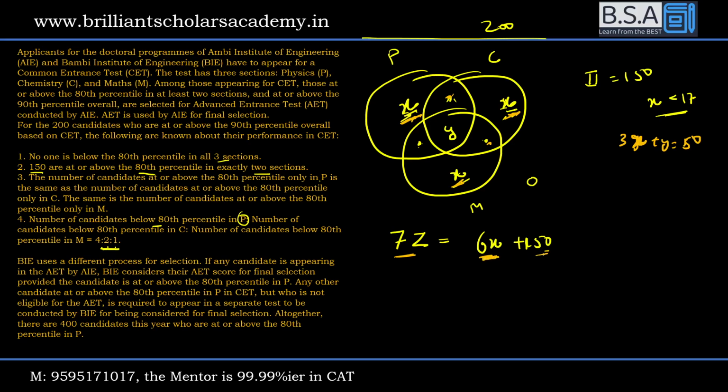161 के लिए इसको ऑड होना पड़ेगा, which is not possible। 161 के बाद आता है 168, 168 के लिए x को क्या होना पड़ेगा, x को होना पड़ेगा 3, 168। अगर ये 168 है तो आपका z कितना बन जाएगा, what will z become, z will become 24। अब और क्या क्या प्रॉपर्टी आपने सीखी है, जब जब ये बढ़ेगा 7 से, तब तब ये बढ़ेगा 6 से। अगर ये और बढ़ेगा 7 से तो ये 17 और ये 6 से बढ़ेगा 36। लेकिन x cannot be more than, please observe 17, तो ये वैसे भी नहीं हो सकता। तो दो ही वैल्यू पॉसिबल है, x के लिए और z के लिए।